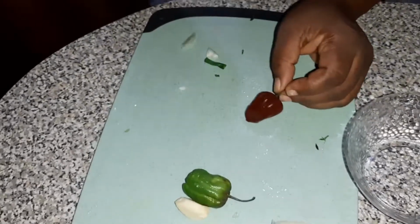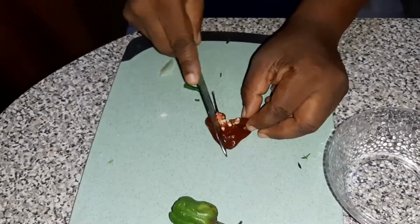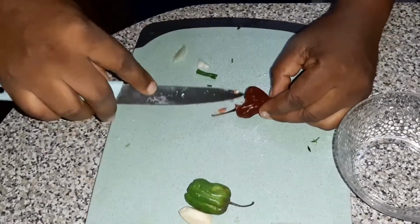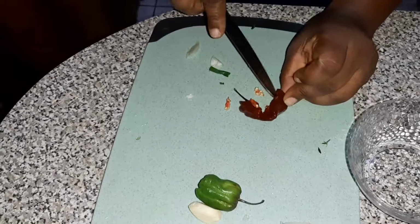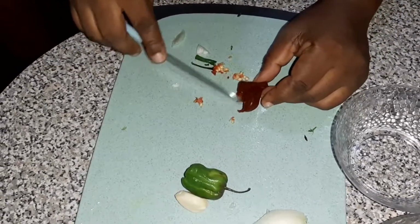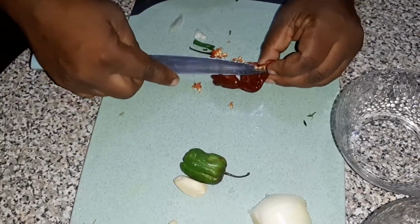Of course, I'm going to be doing the pepper now, so I'm going to cut this in half. Of course, if you have cooking gloves, it's best if you use a cooking glove, because trust me, if you make the mistake and put your hand in your eyes, God help you. So I'm removing the seeds